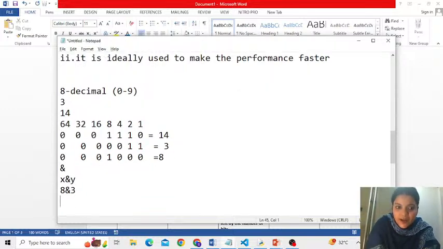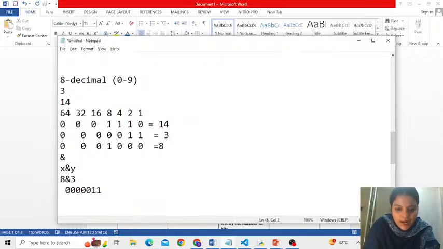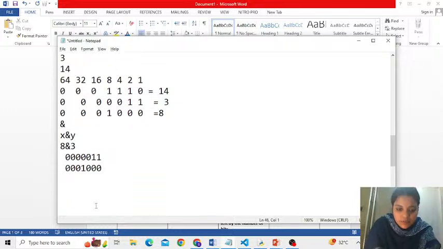Let me first write their binary equivalents. 0, 0, 0, 0, 0, 1, 1 is 3, and 0, 0, 0, 1, 0, 0, 0 is 8. Now both need to be ANDed.